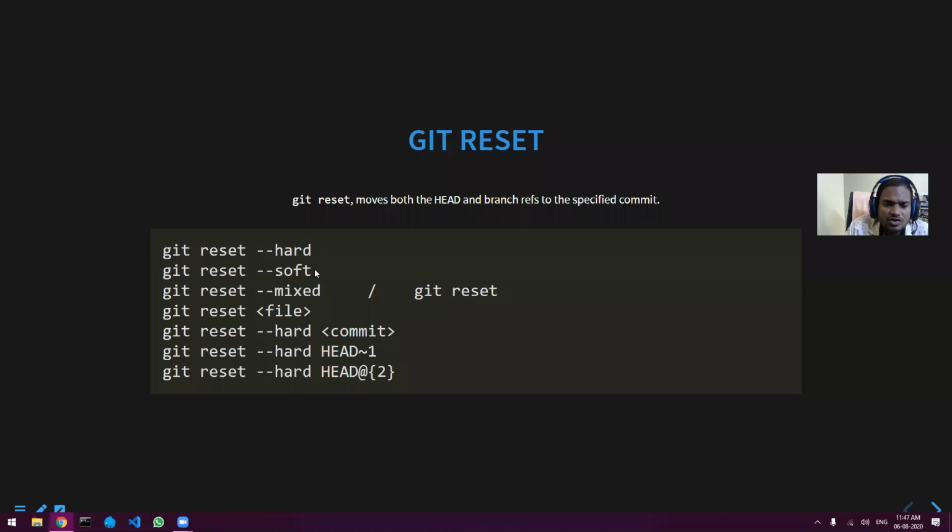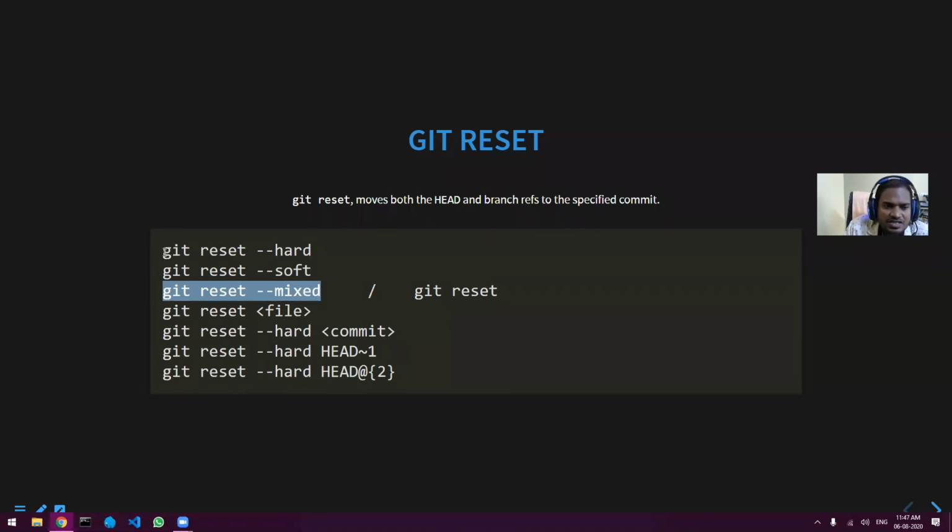Your staging area will not be changed, and your actual working directory will also not be changed. If you do git reset mixed, that is the default one, it will change the committed area as well as the staging area.